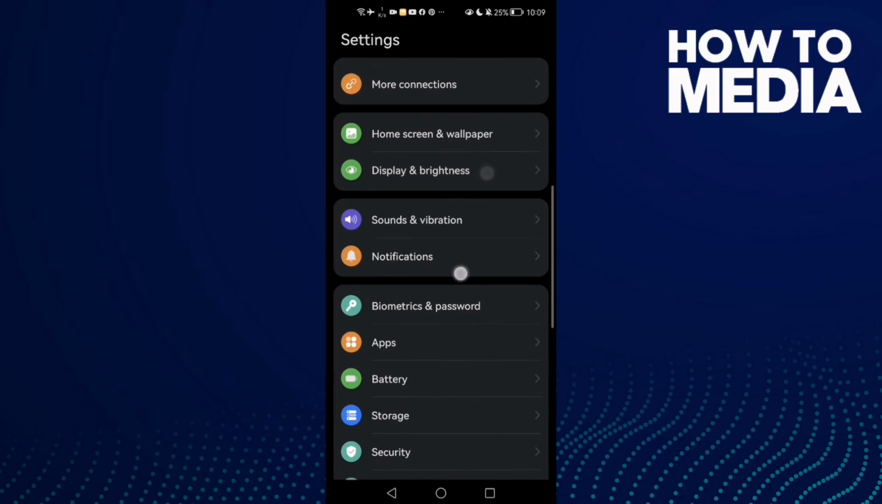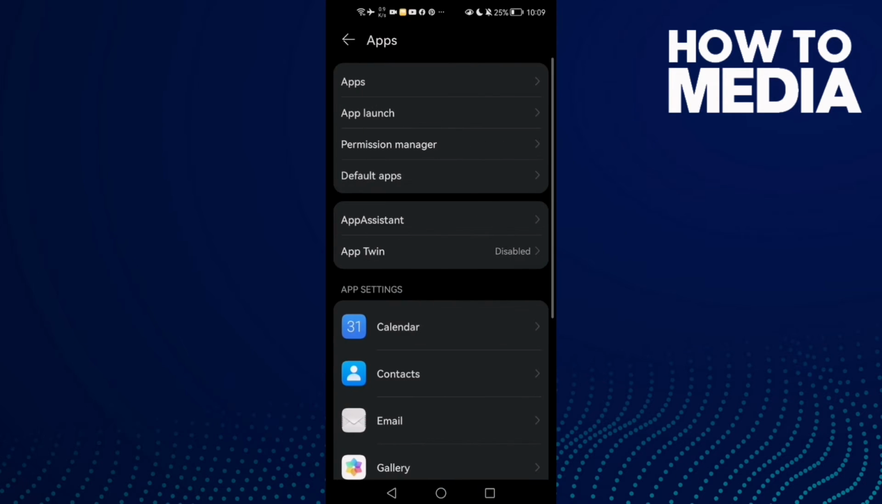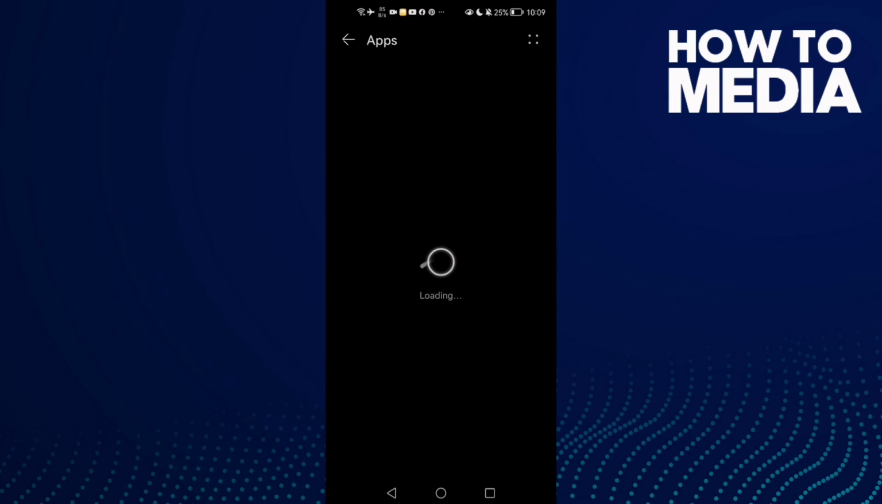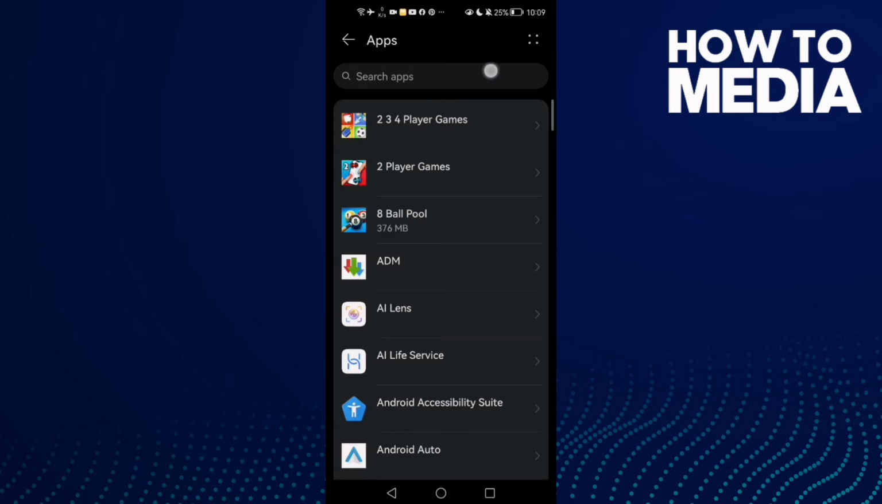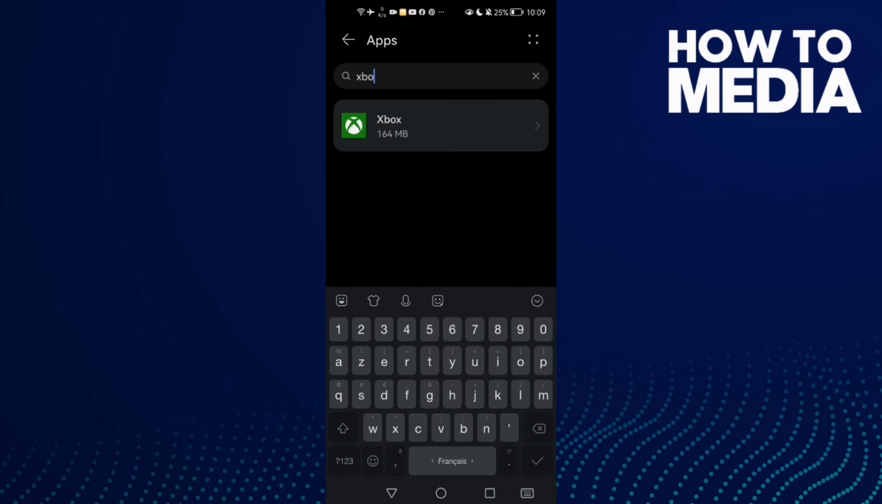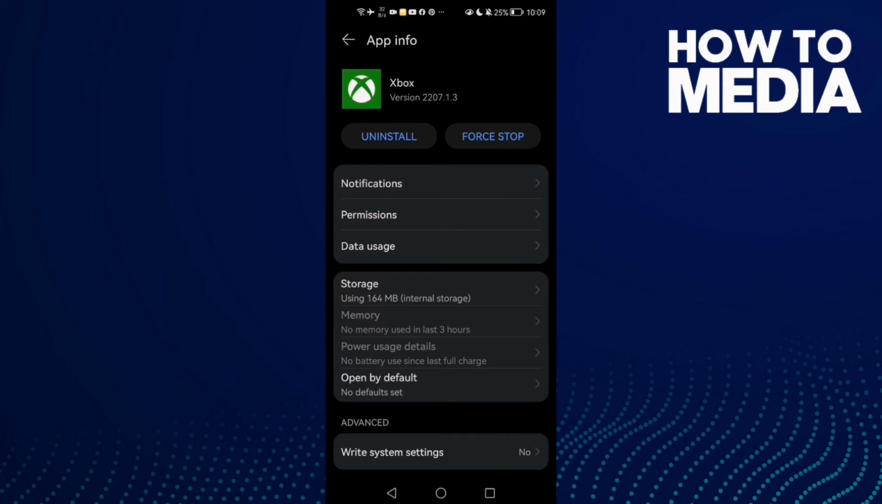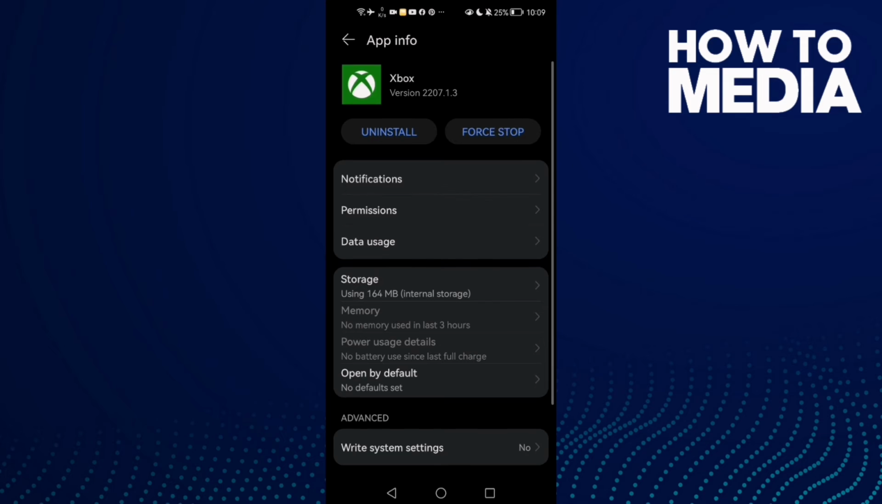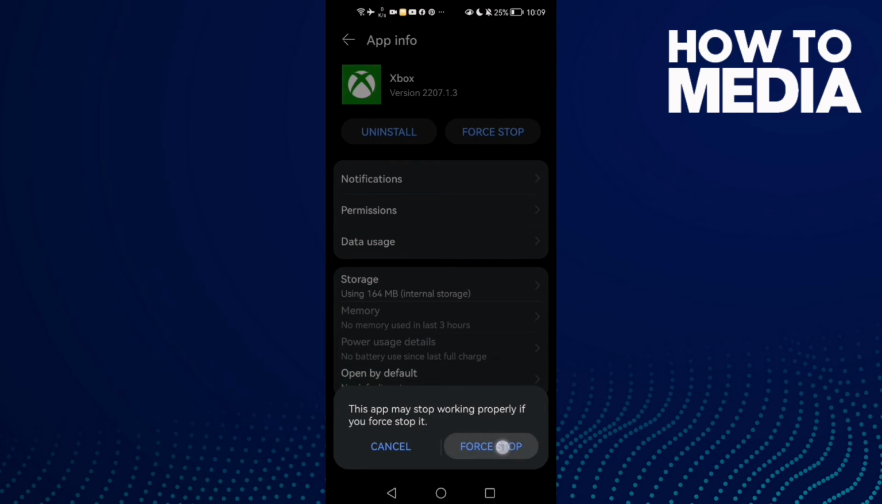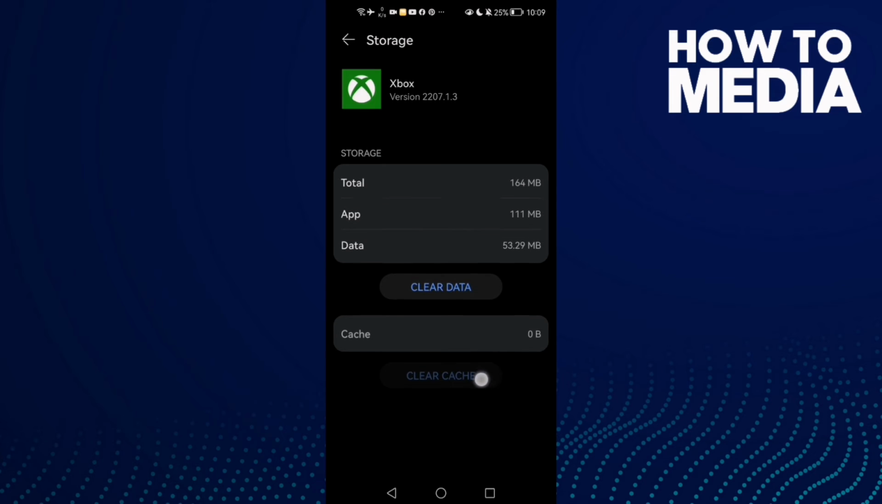and then scroll down until you find here apps, and now click apps again, and here type Xbox, click on it, and now just click here for stop, and then go to storage and then click clear cache,